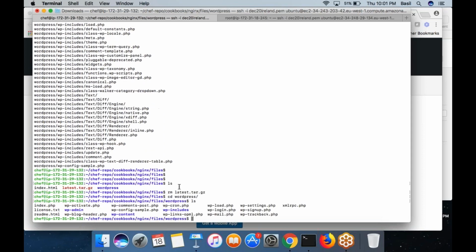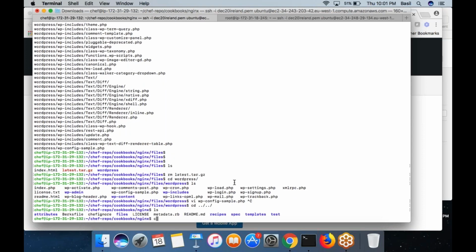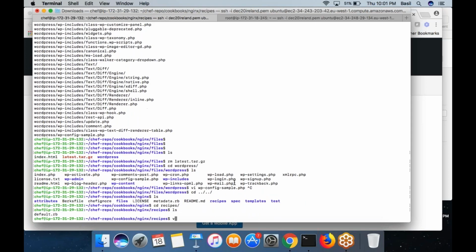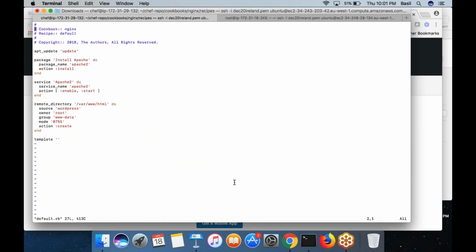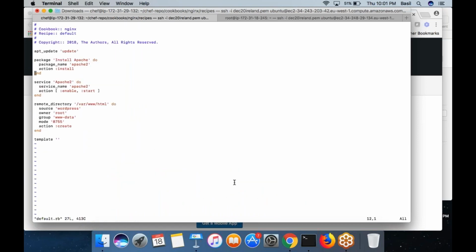You have the WordPress, you have wp config sample.php file, right? You want to create the database credentials. Basically what you want to do is you want to dynamically generate this file using the database credential. So for that you can use, maybe what we will do is we will move into the template stuff later. Today we will finish off the roles and environments. Okay, let's forget it.